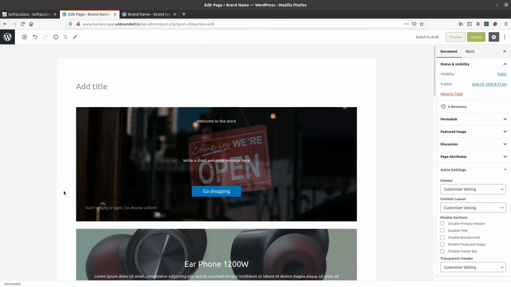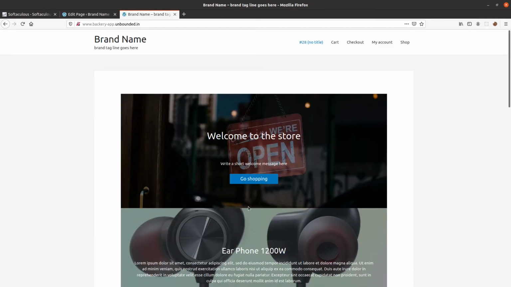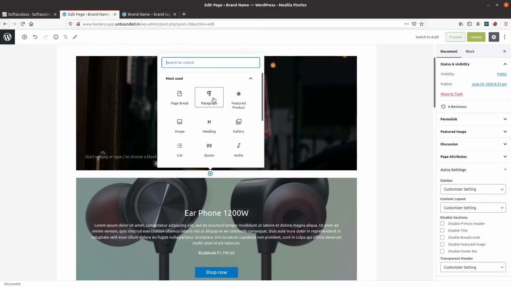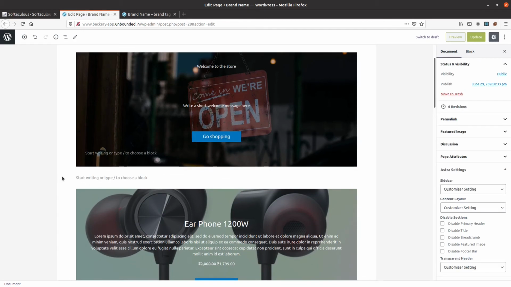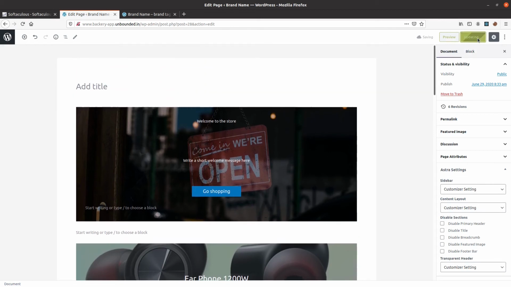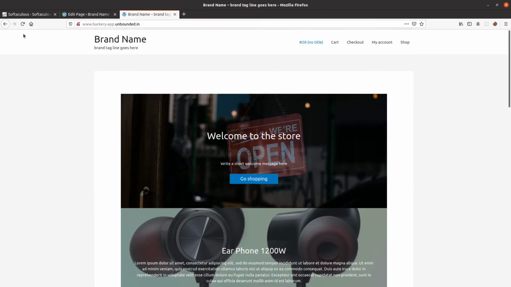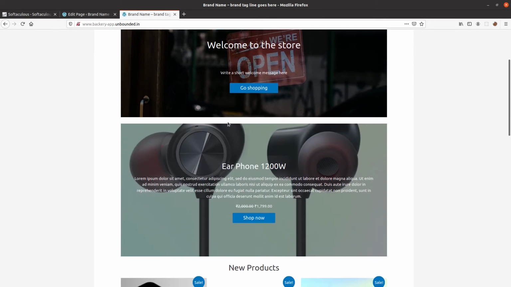Let's go ahead and create a space between these two elements so that our homepage has a little bit of space between them. Just click on this add button and add a paragraph. Now you see a space has been created where we can add some text, but do not add any text, just leave it as it is. Hit publish and the title and the space should disappear. Just refresh the page and you see there is a gap created here.